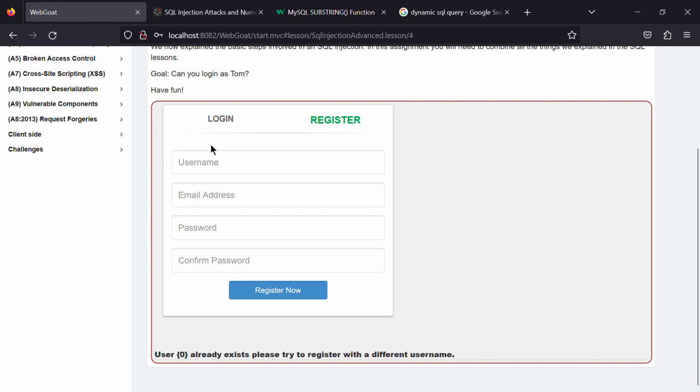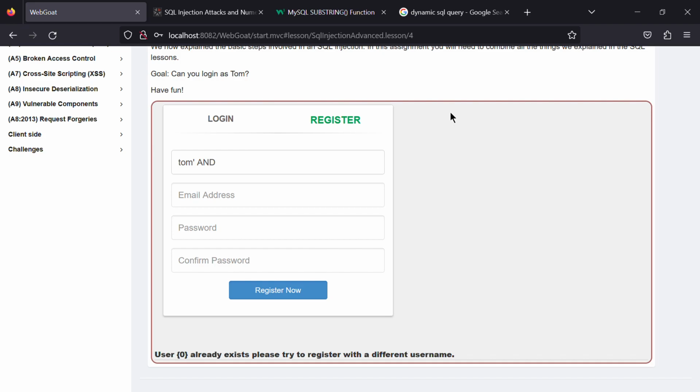But if it's false, it'll create the new user because the system does not find the same user in the database with the new username that's inputted in the text input field. And that is the vulnerability that I'll be exploiting today using the blind SQL technique. So now, in order to execute the blind SQL technique, we will do the same thing again,